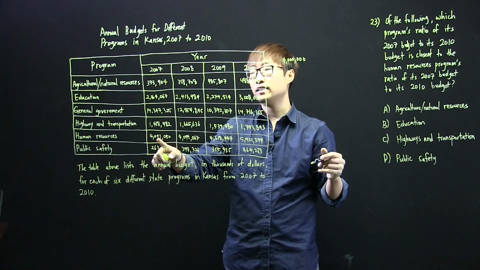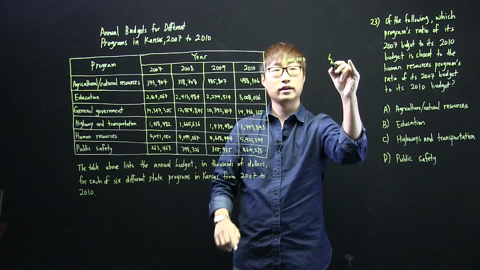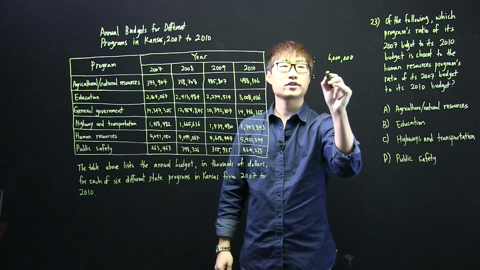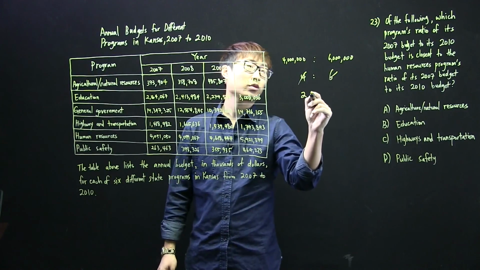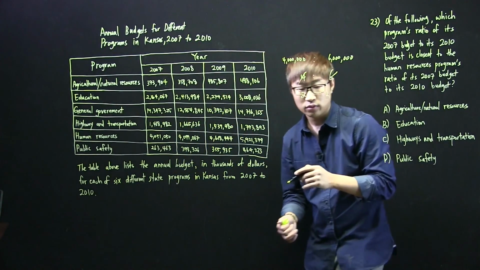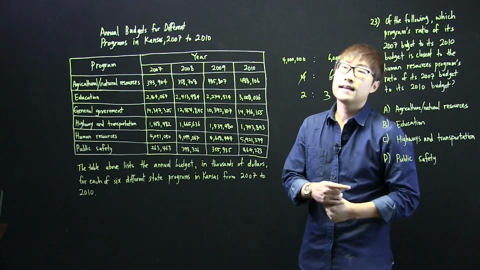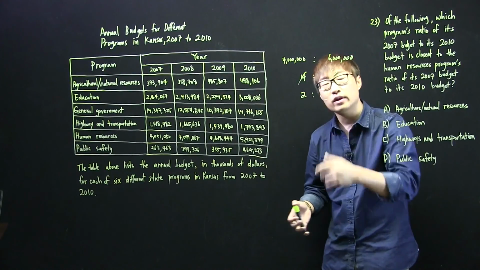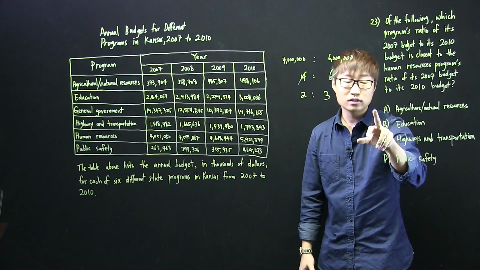I'm going to roughly estimate that to 4 million, and I'm going to roughly estimate that to 6 million, right? So it's 4 million to 6 million, which is a 4 to 6 ratio. If I simplify it down, a 2 to 3 ratio. So I'm going to go through the choices, and if it doesn't look even close to a 2 to 3 ratio, I'm just going to skip it because I don't want to waste too much time